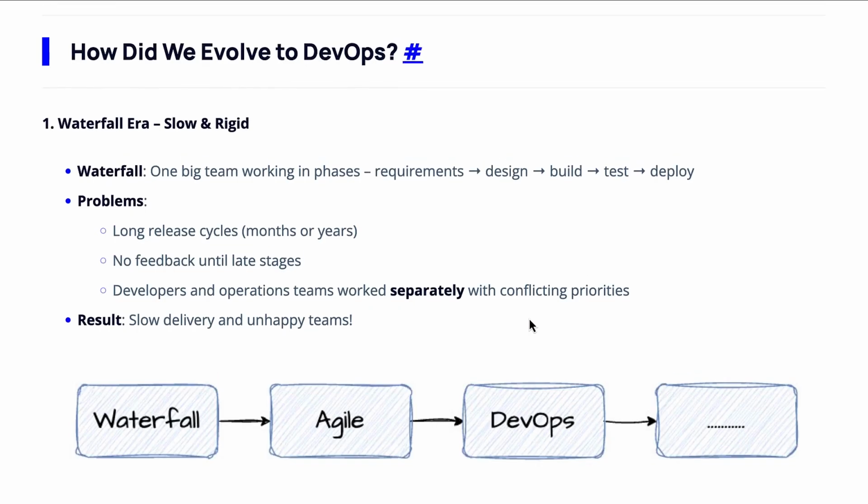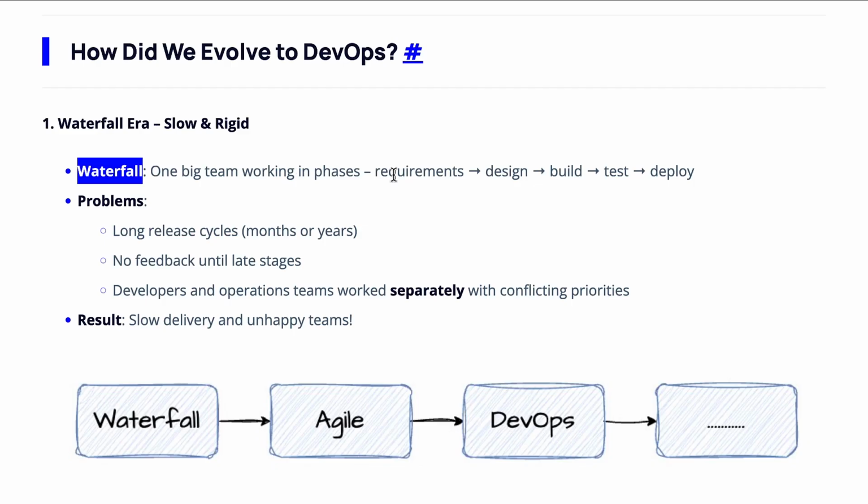Let's get started with waterfall. The first few decades of software development was centered around the waterfall model. Waterfall model approached software development the same way that you would approach building a real estate project. For example, you're building an amazing bridge. You do things in a number of long phases. You want the bridge to be built in a very, very safe way. And that's why you'd be building in a number of long phases. And that's the same approach which software development teams took.